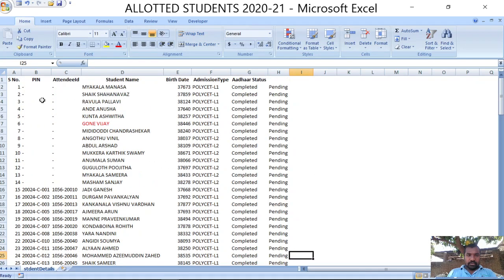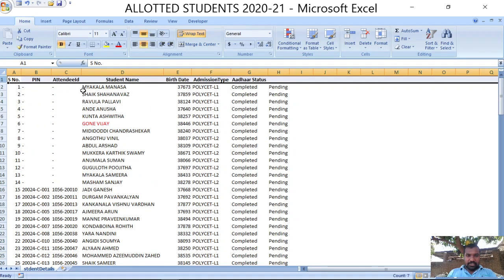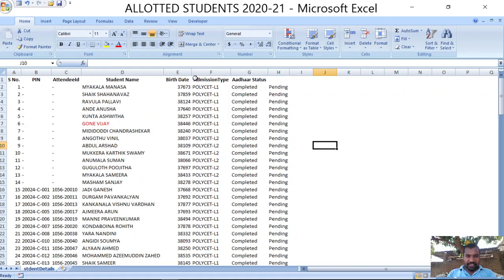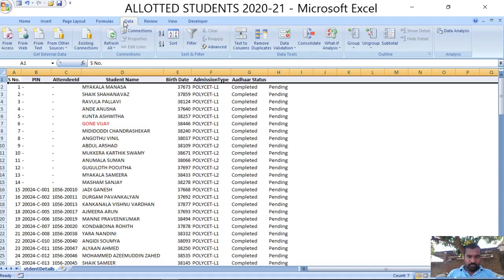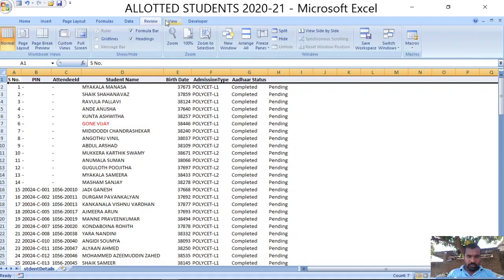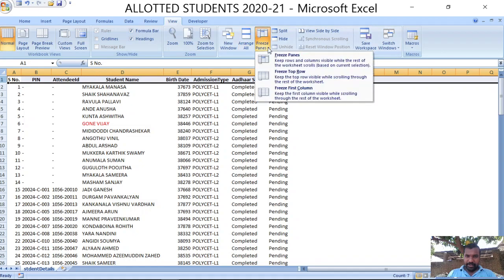So if we are in a position to freeze this particular heading, even though we are scrolling, the first heading line will appear as usual, and then you can easily identify the respective rows. For that purpose, go to the View tab, click on the row you want, and choose the option Freeze Panes.